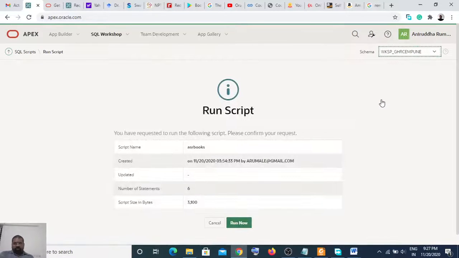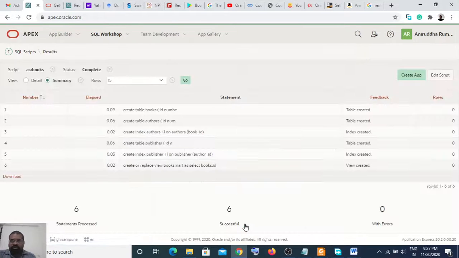What it says is: you have requested to run the following script, ASR books, and we are saying run now. As soon as it creates, it creates the table. Table created, index is created, view is created, and we got statement processed 6, successful 6, with no errors.